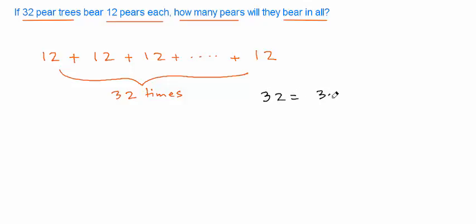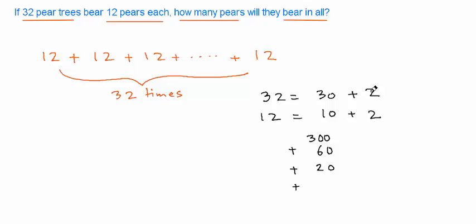32 is equal to 30 plus 2 and 12 is equal to 10 plus 2. And the idea is to multiply the tens and the ones on the first number with the tens and the ones on the second number and add the results up. So 30 times 10 is the same as 3 times 1, that's 3, with 2 zeros in the end, that's 300, plus 30 times 2 is 3 times 2, that's 6, with 1 zero in the end, that gives us 60, plus 10 times 2 is 20,